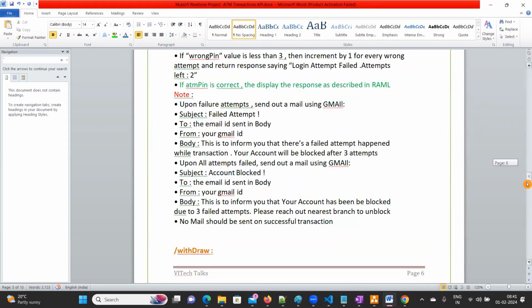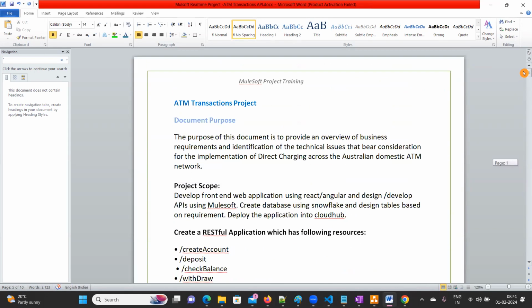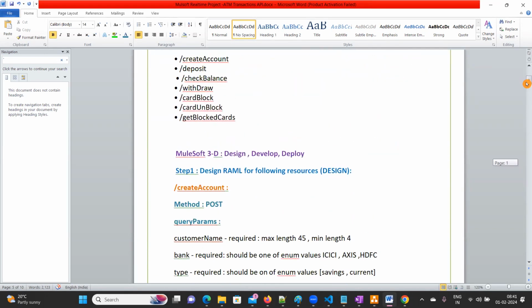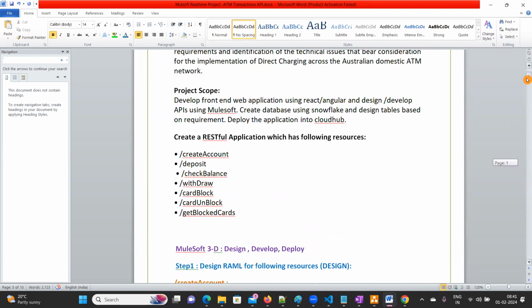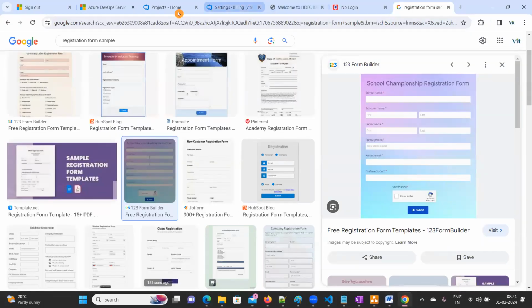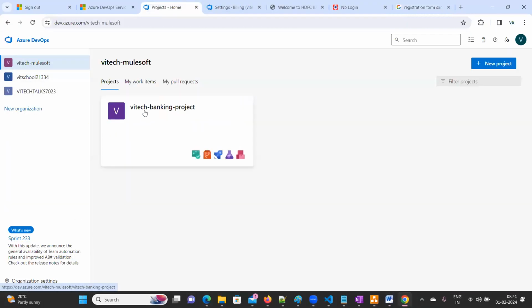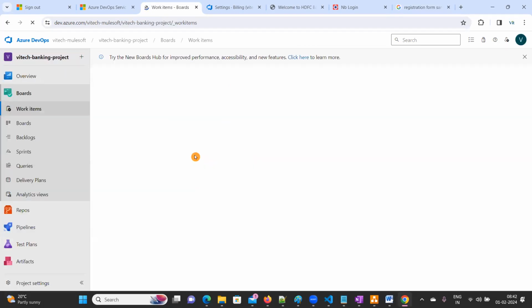This is a sample documentation which I have created. Now I'll show you how to create the user stories based on this. Just observe here, we have the ViTech banking project. There is one green color; just click on this. Or if you click on your project name also, that will be fine. Here you can see work items,